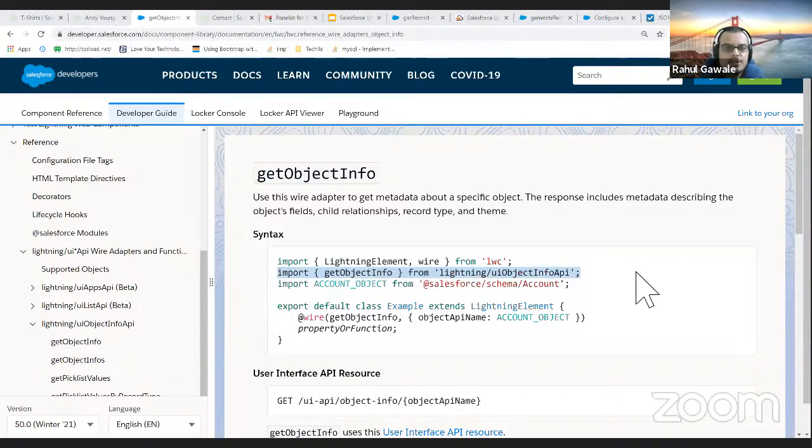And we need to wire this. Here, I need to pass the object API name, which we have here. And let's